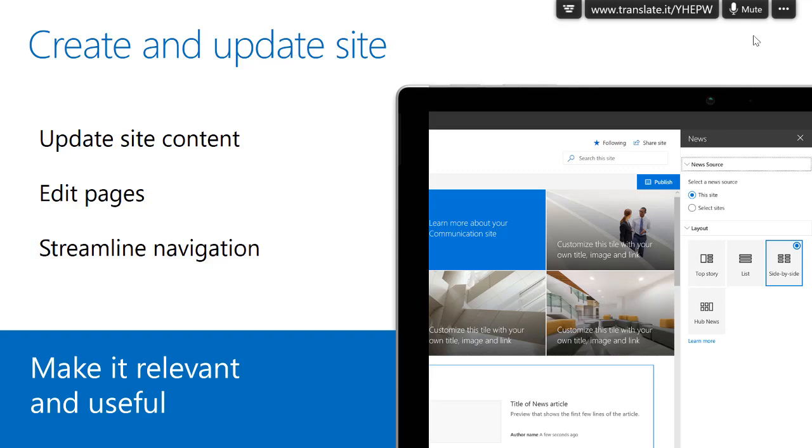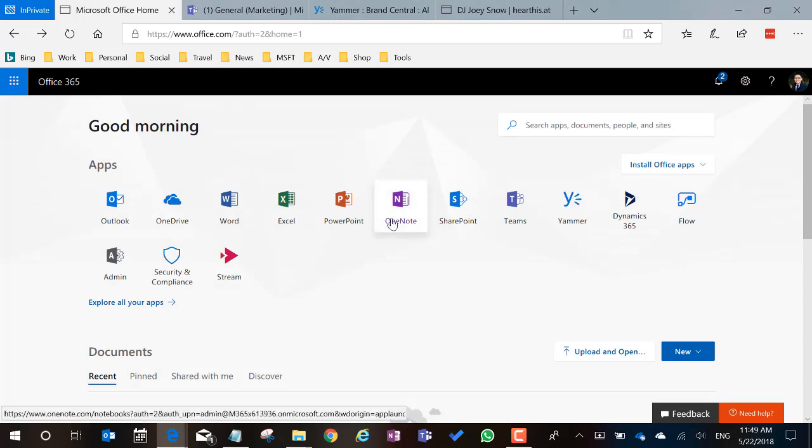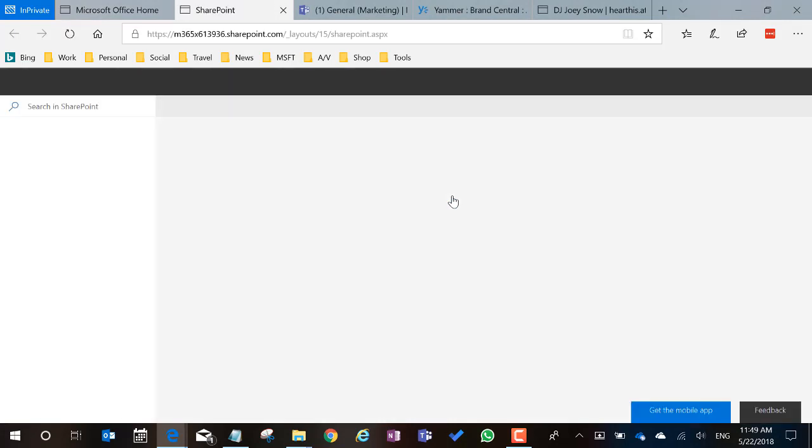So the first thing you do to start building it, let me fire up my Office 365 tenant, right? To start building your knowledge base using communication site, you got to create the site and update the site content, right? So who can create communication site? Certainly any Office 365 user can create this. So the way they do this is they go to their Office 365 tenant, they click on SharePoint, and as SharePoint comes up,